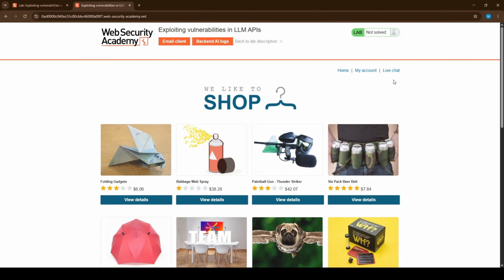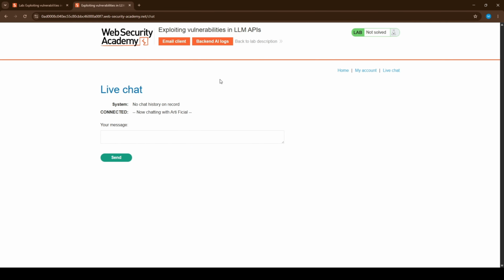Alrighty, we are there, newbies. From the lab homepage, what we want is live chat. Let me open that. So now we are sitting in front of a chat window that talks to a language model. Looks like a normal support chatbot. But here is what makes this interesting, and it is the whole point of this category of attack. This chatbot is not just generating text at us. It has been wired up to call real back-end functions on our behalf. So when you ask it to do something, it can reach into the actual application and run a function. And whatever those functions do under the hood, we get to influence by talking to the bot.